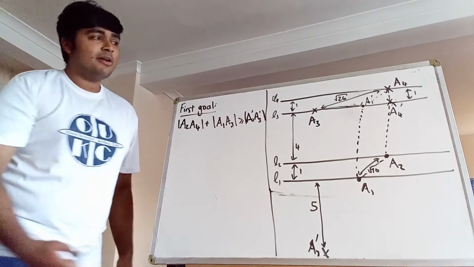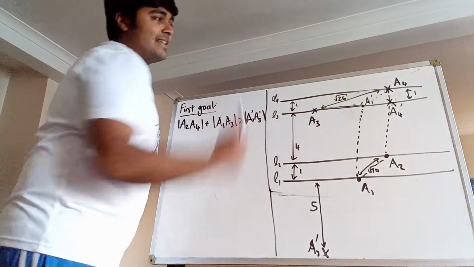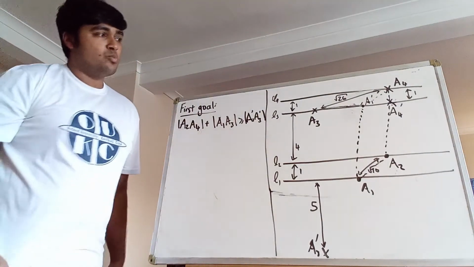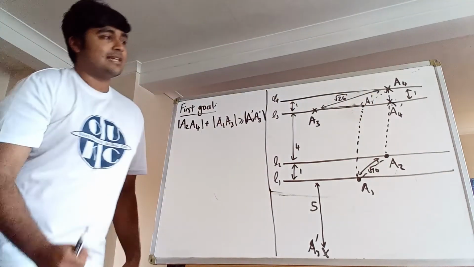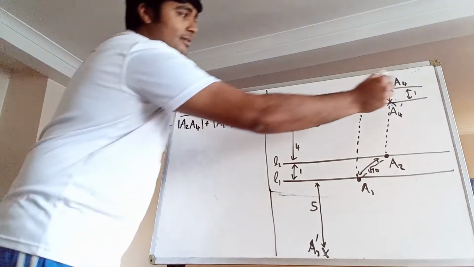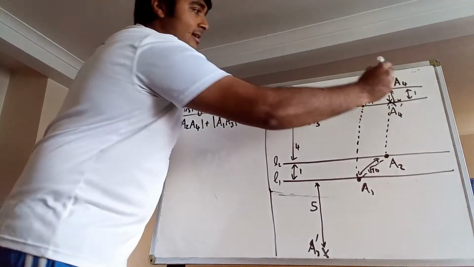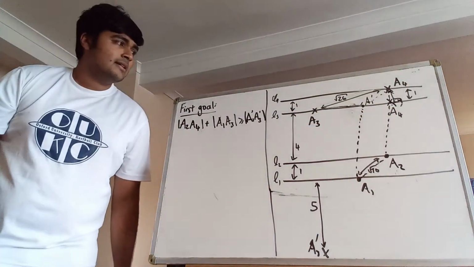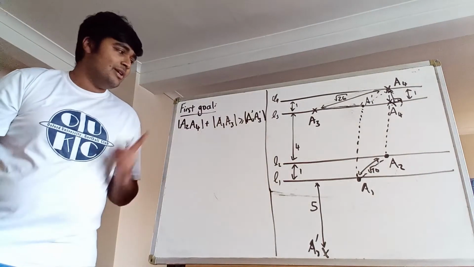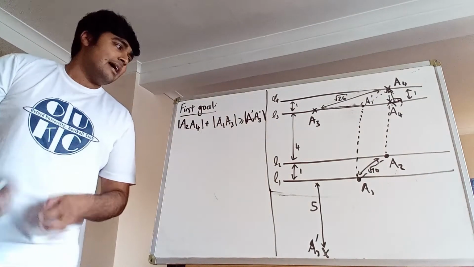And what about A4 prime? This is just A4 shifted down 1. So change the y-coordinate by 1. So this is A4, and I brought it down to line L3. So it's perpendicular. So this guy here is a right angle. Cool. So I've just added 3 additional points, and I've written down a goal here